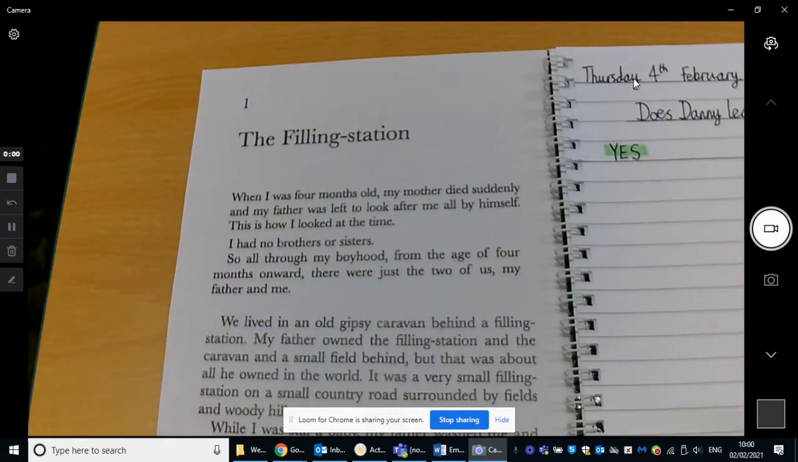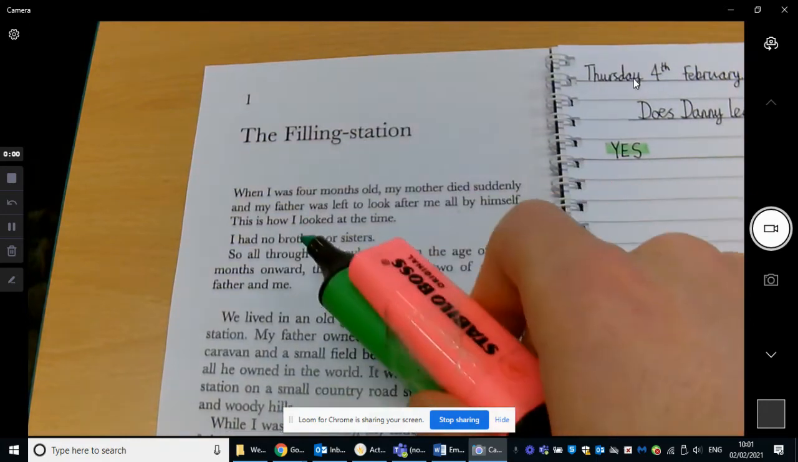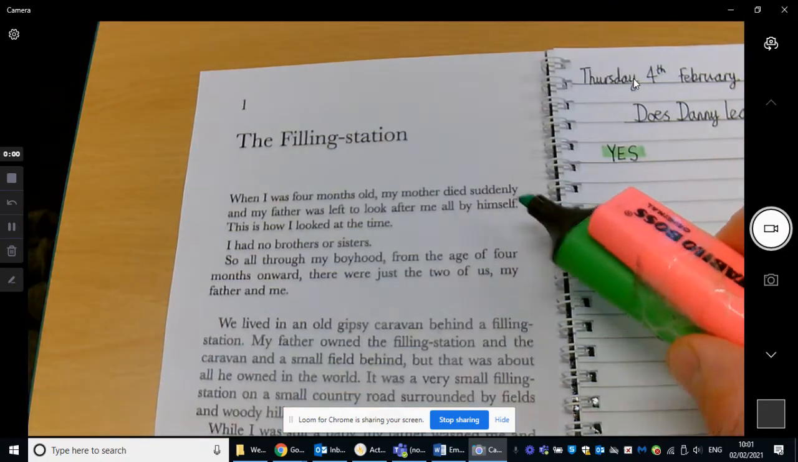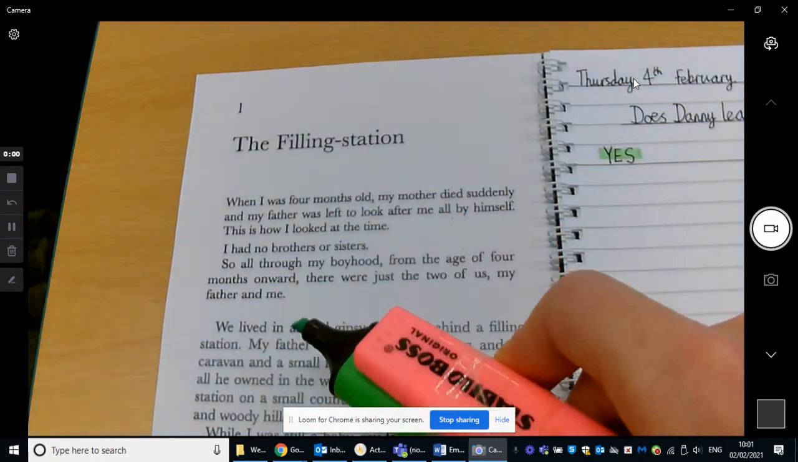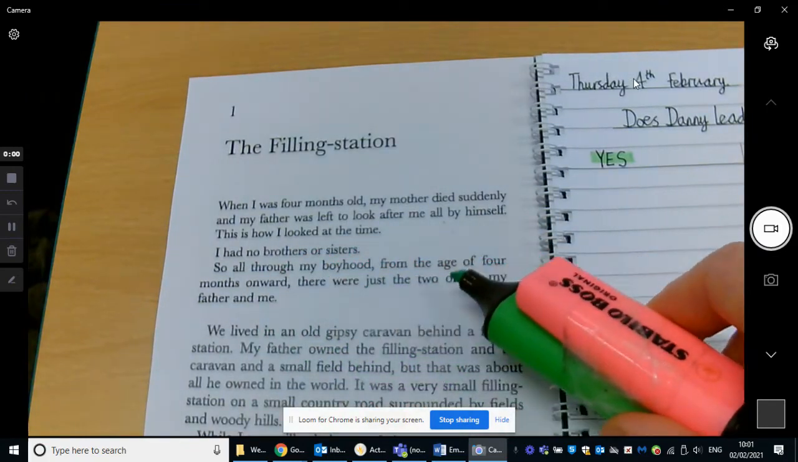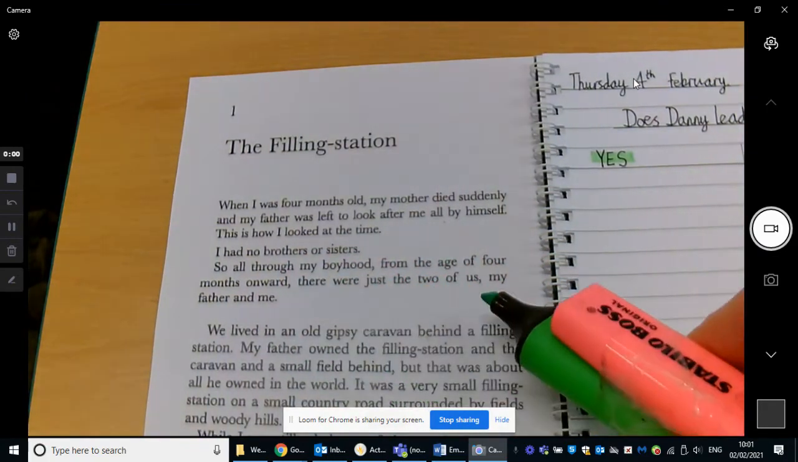So when I was 4 months old, my father and mother died suddenly, and my mother died suddenly, and my father was left to look after me all by himself. This is how I looked at the time. I had no brothers or sisters. So all through my boyhood, from the age of 4 months onwards, there was just the 2 of us, my